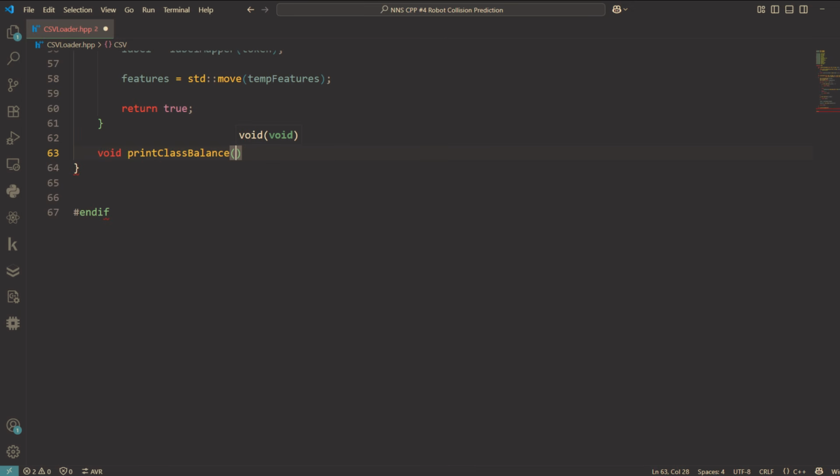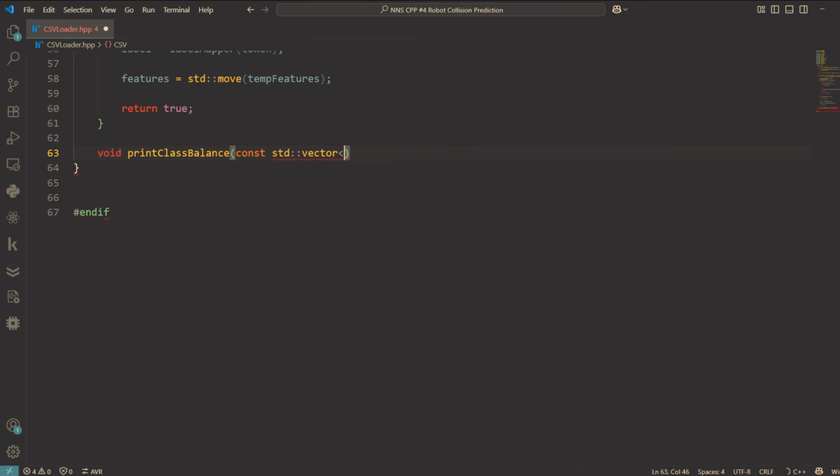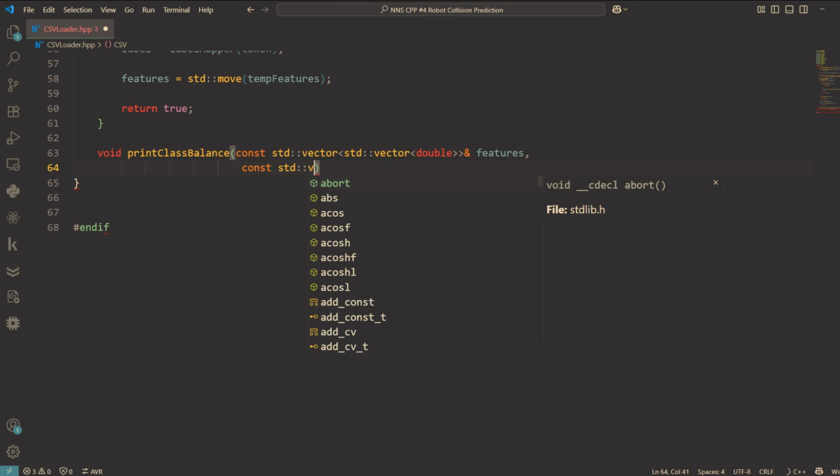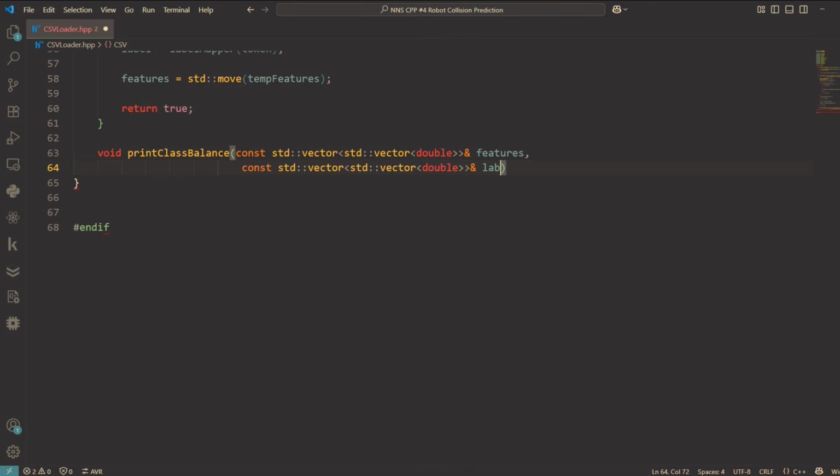And here's the first one, const std::vector<std::vector<double>> reference features, and const std::vector<std::vector<double>> reference labels. The purpose of this function is to count and display how many samples belong to each class,